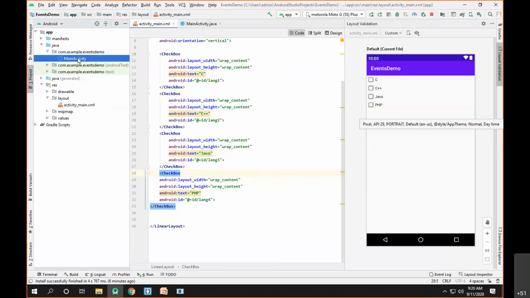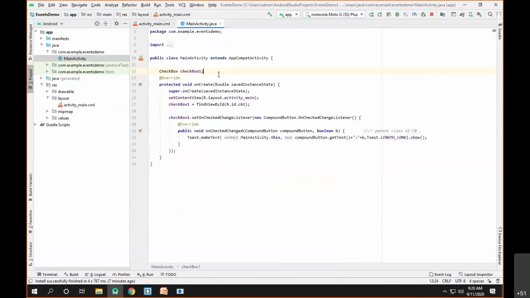Okay, so each, we'll just map these particular checkboxes. So let's say L1 is equal to find view by ID R dot id dot lang1. Okay, and let me copy this.